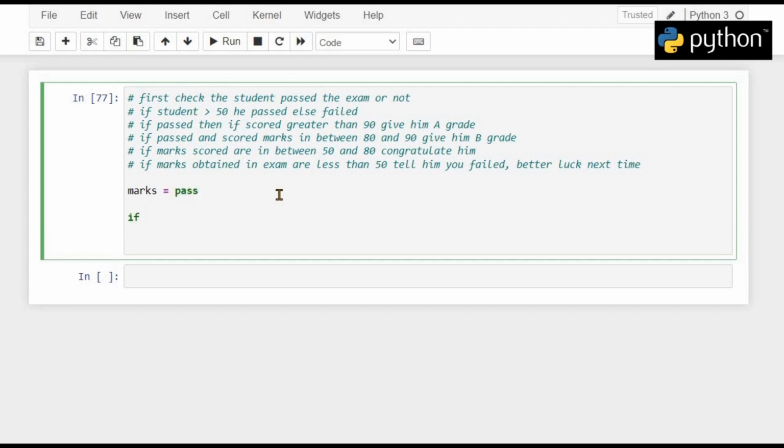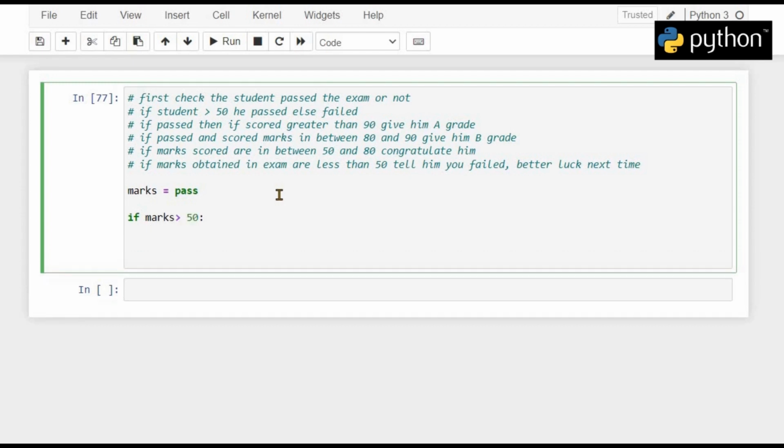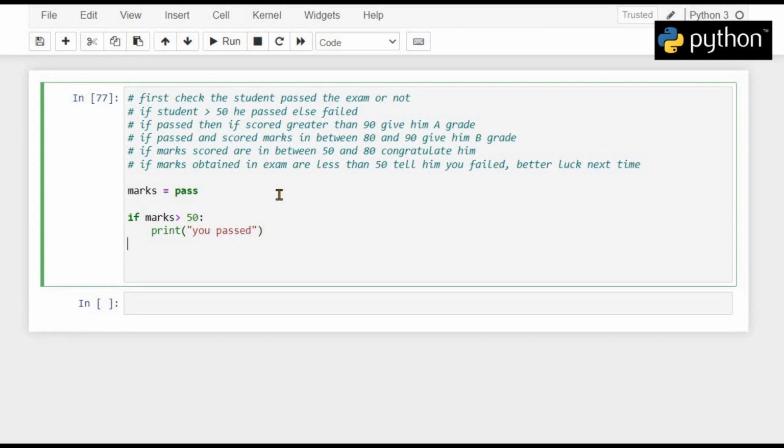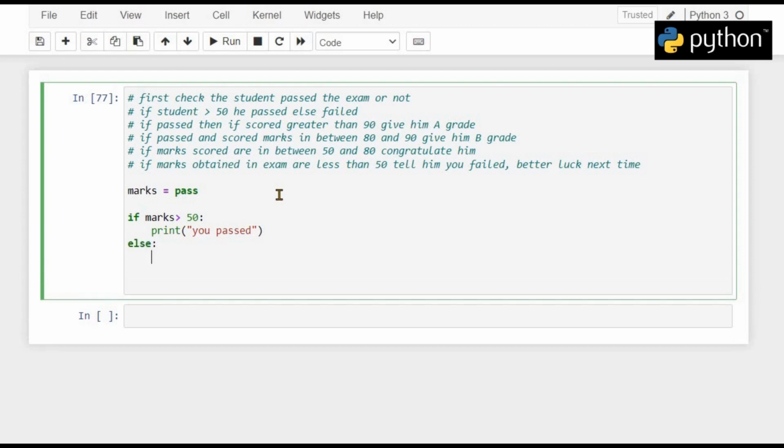After it we will write: if marks is greater than 50, then we will first print "you passed", else print "sorry you failed, better luck next time."